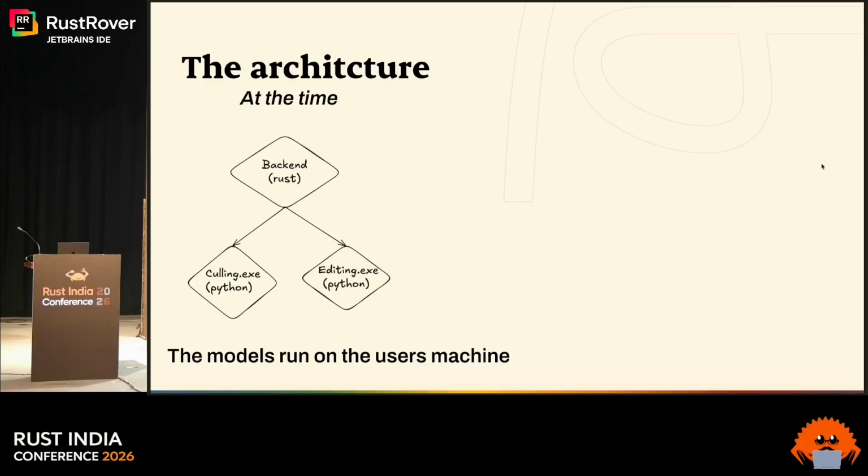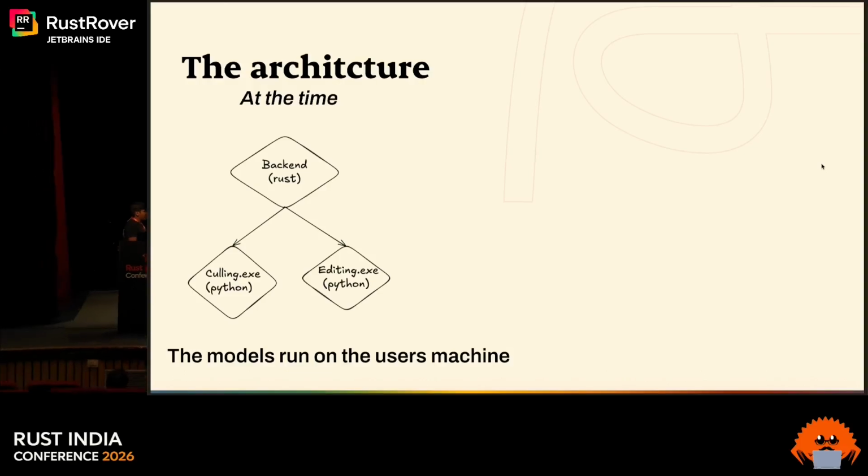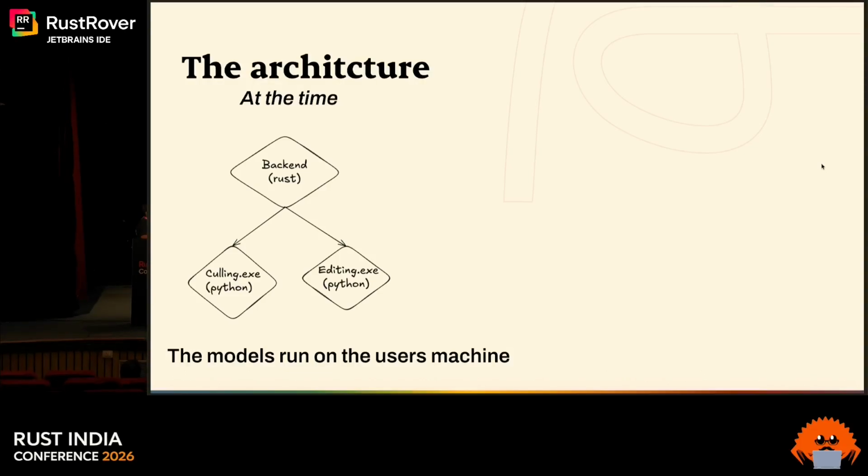We used PyInstaller to make a binary, and then we use inter-process communication (IPC) to communicate to them. The backend would make calls to the culling binary, and the backend would also make calls to the editing binary. And this worked really well, because our models need to run on the user's machine. We don't upload the images to the cloud to run models on them. We run all our models locally on the user's machine itself. So this calling binary system with the backend